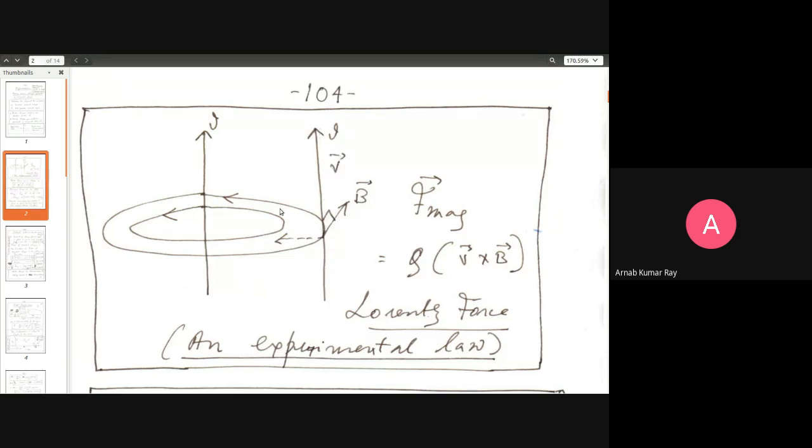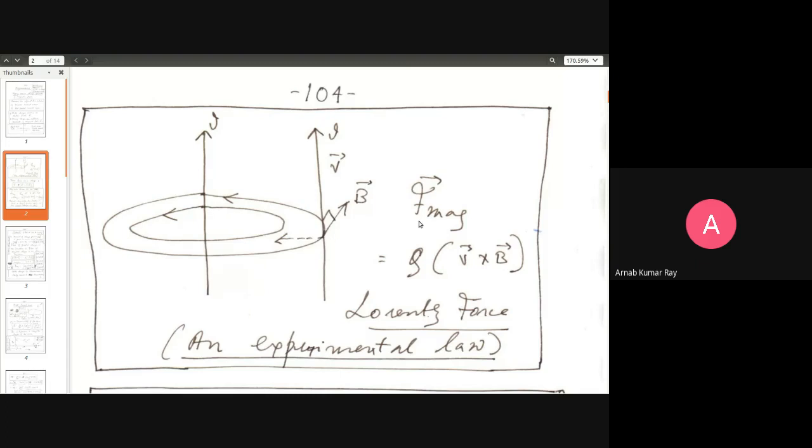So the charges are flowing upwards in this direction, moving upwards in this direction with a velocity v. And now you follow carefully, this magnetic field line, although it's been drawn on the plane of the paper, is coming out of the plane of the paper and going in at this point. So at this point, the magnetic field line is going into the plane of the paper, whereas at this point, the magnetic field line is coming out of the plane of the paper straight towards your eyes, like that. So it's going round and round in anti-clockwise motion, if you like, if you were to look at it from the top.